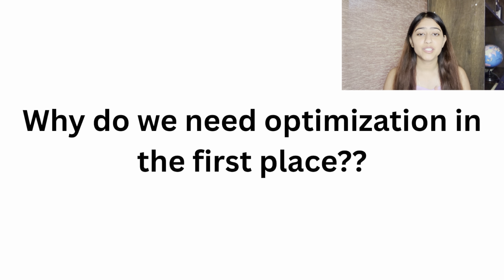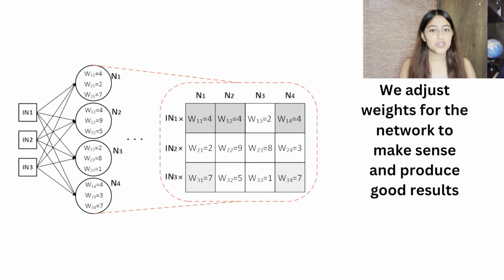But why are we even talking about optimization in the first place? Well, when you first build a neural network, the weights, that are the numbers that actually control how the whole neural network works, are completely random, and so they make no sense at all. If you just left them like that, then the network wouldn't learn anything at all. And that is why we need optimization, to adjust these weights so that the model can make sense and make accurate predictions and reduce error. And without this, deep learning wouldn't work at all.